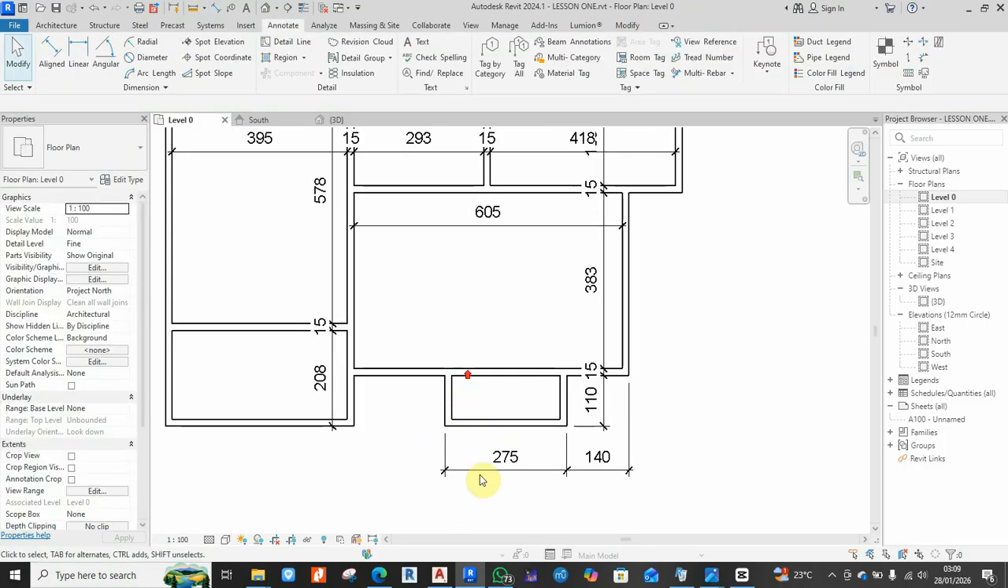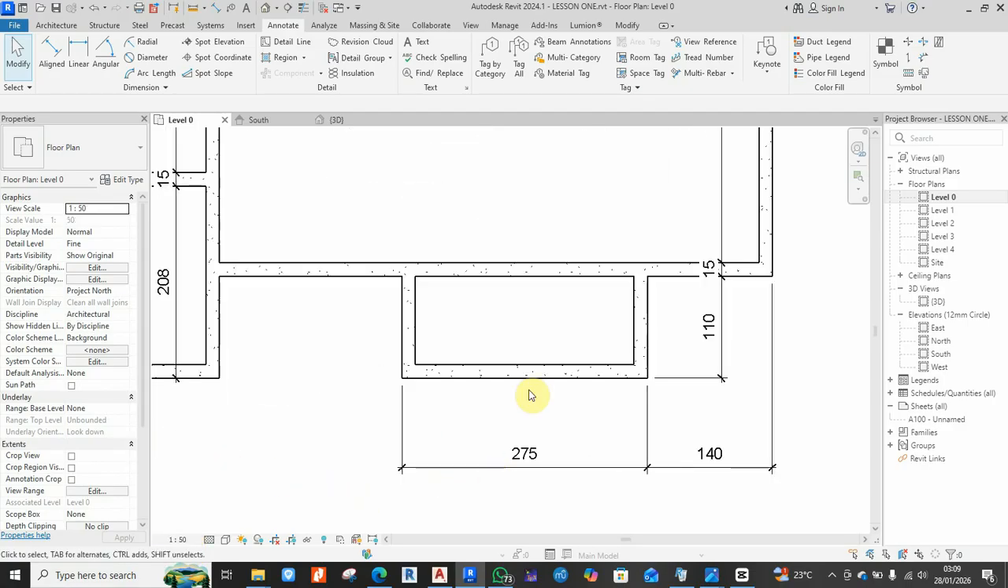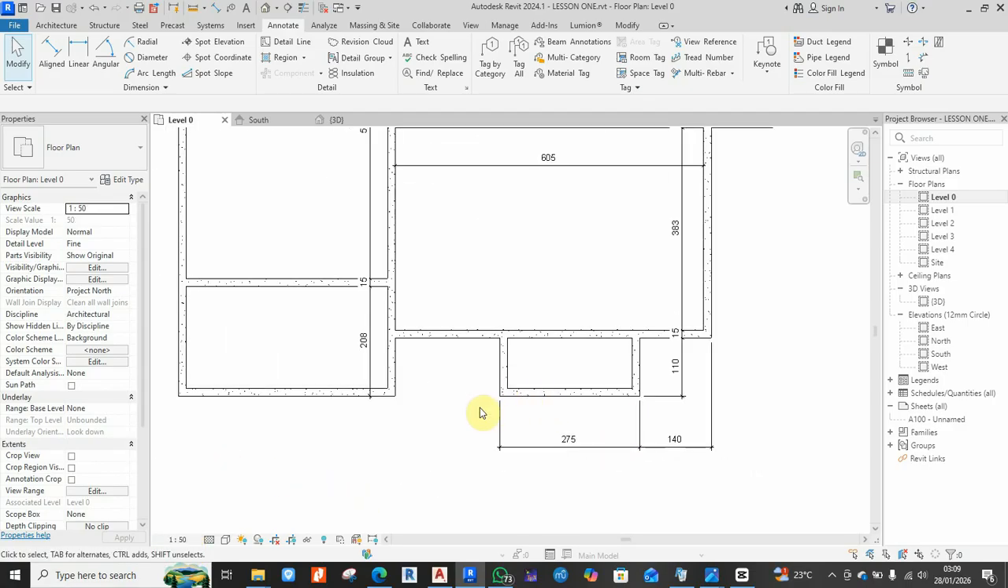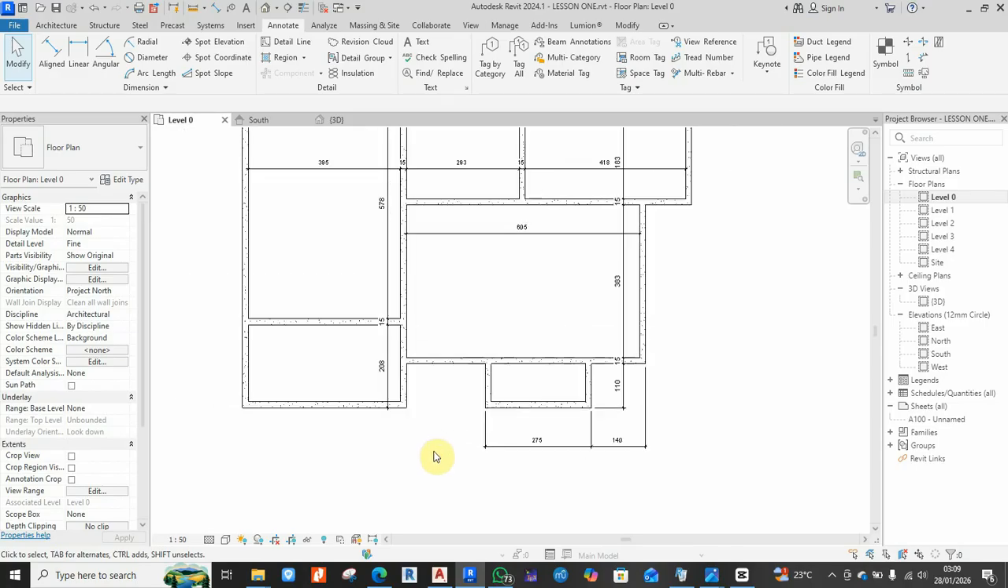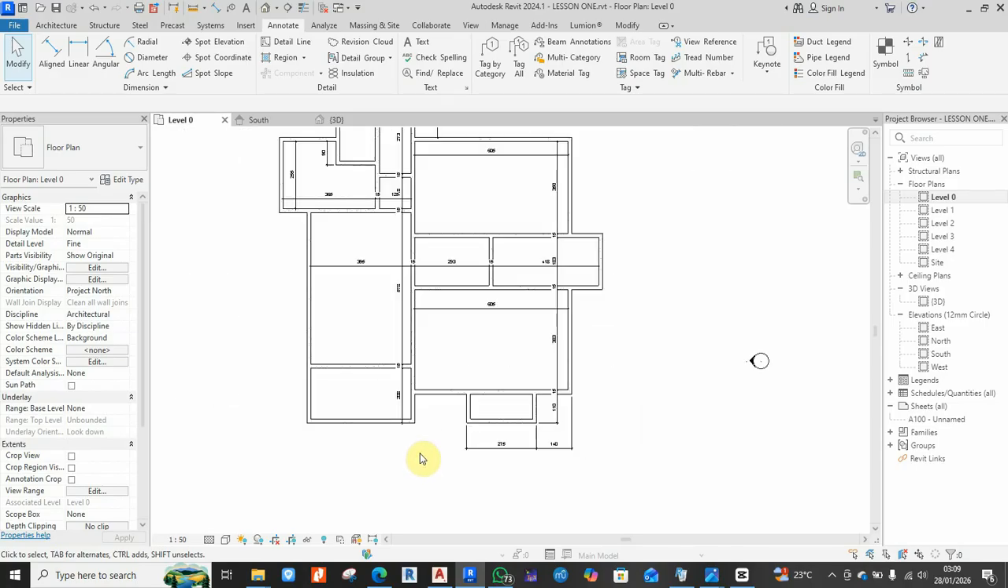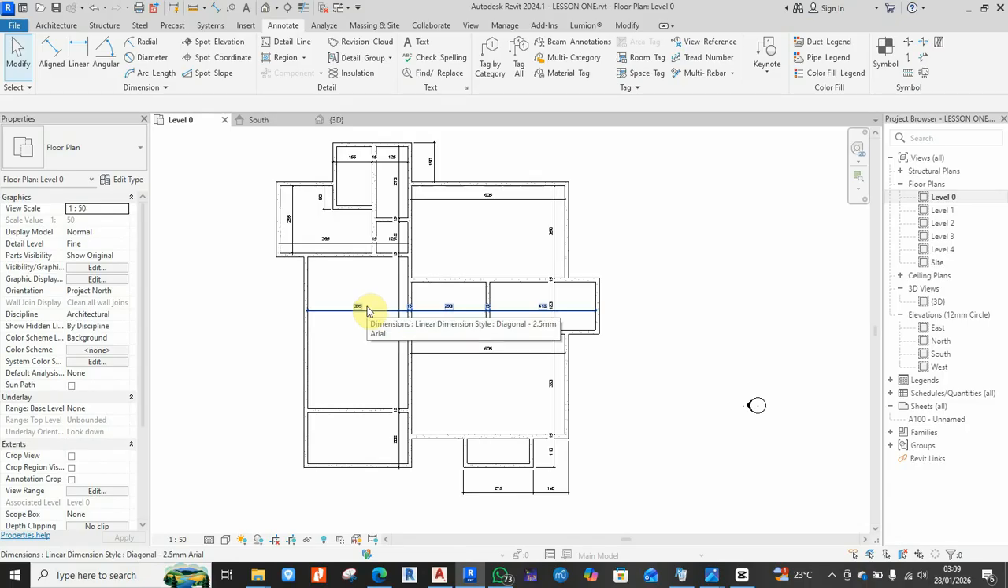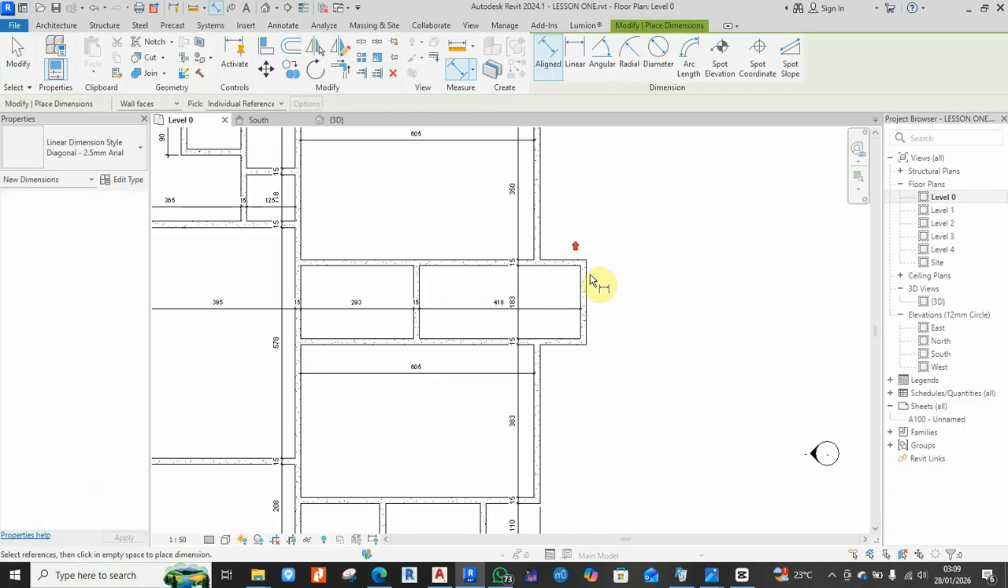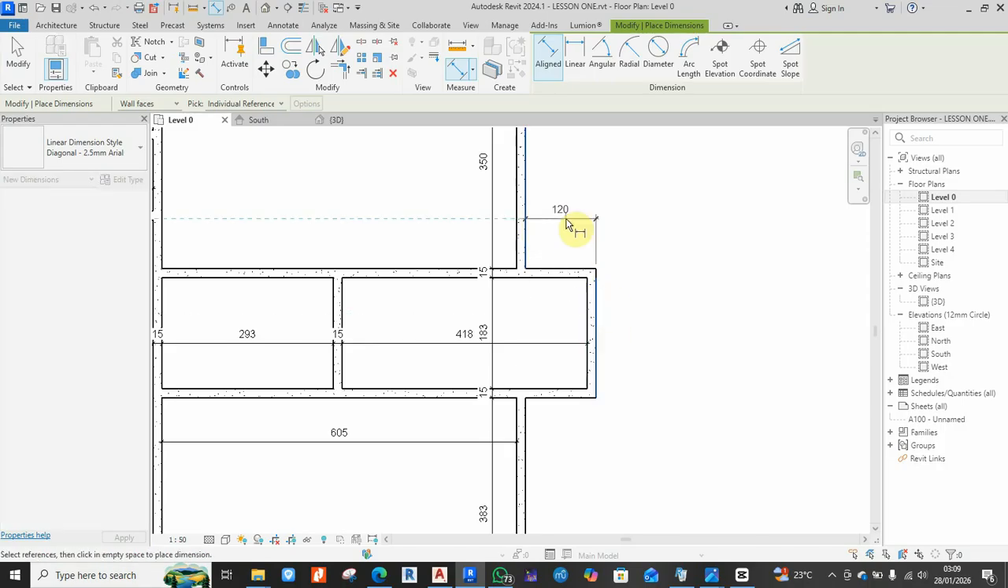So now, as you can see, your dimension text is looking very big. So just come down here to scale and click on 1:50. Here is actually 1:100. Just put 1:50. You can see your text has adjusted. Now let's move. So I will press DI again and I'll put this dimension to, I need it. Okay,